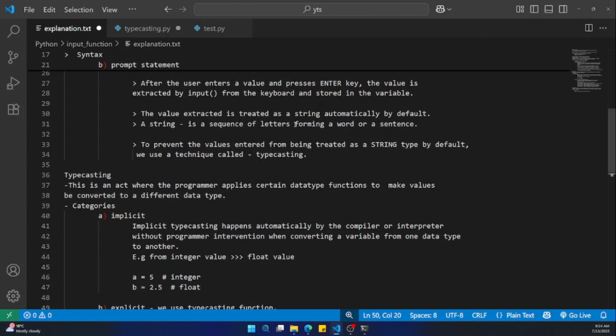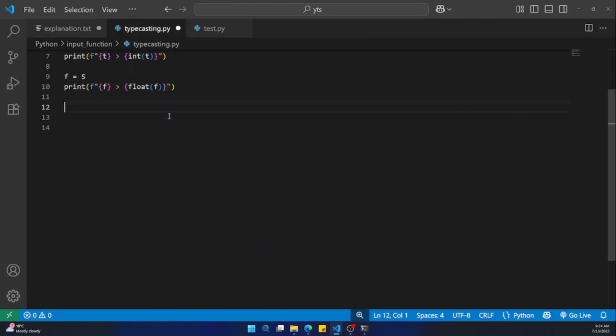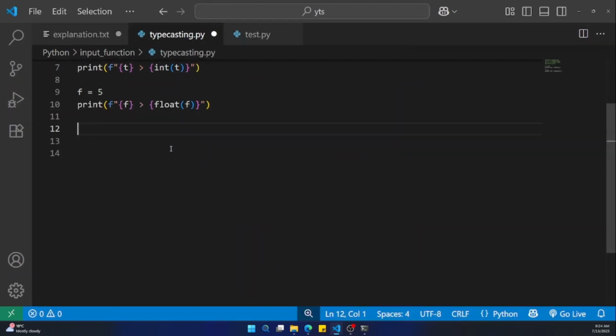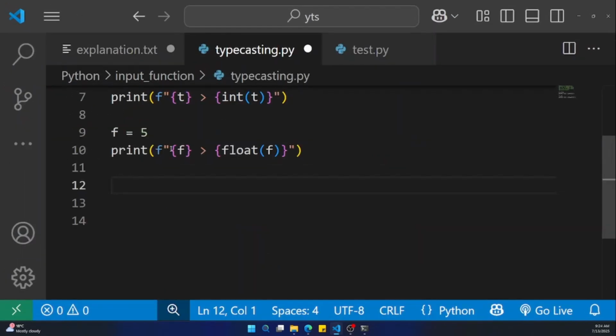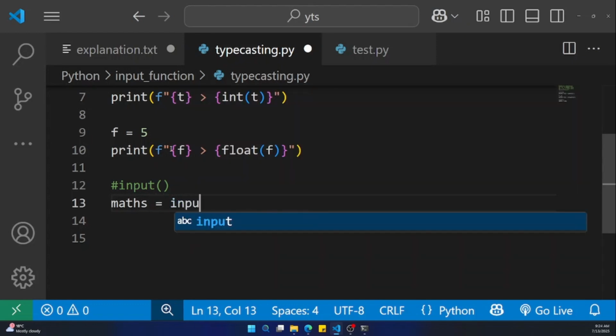So we want to see the effect of using input function with the values that are supposed to be used in doing calculations. So for example, I can come here and say, I want to use the input function, say maths equals to input,